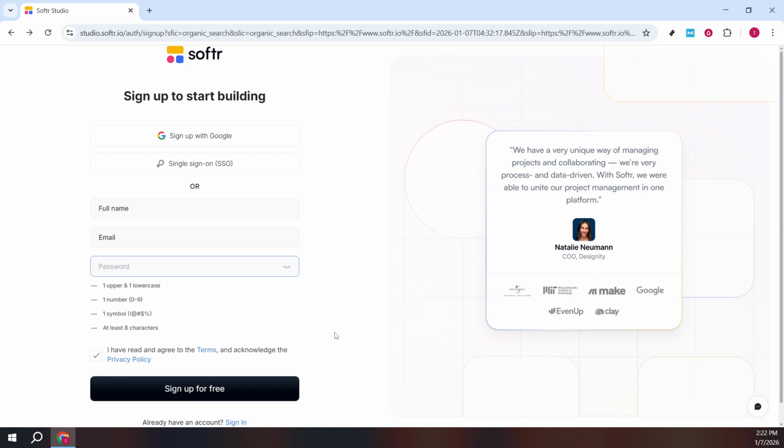A couple quick tips as you finish up. If the Get Started Free or Sign Up buttons don't appear, try refreshing the page or using a different browser. And if you manage multiple Google accounts, double check you're selecting the right one so your work and personal projects stay